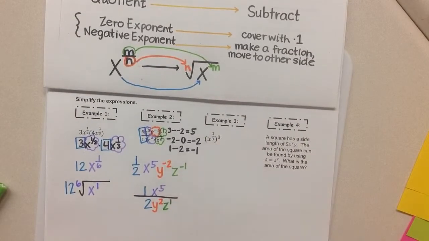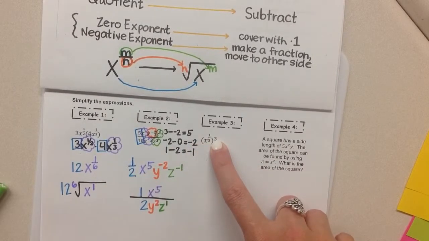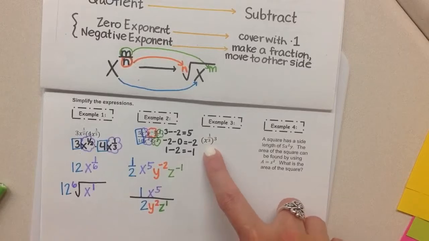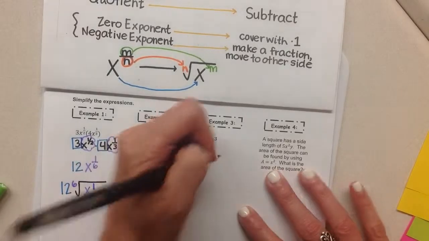All right, looking at example 3, we have x to the 1/3 being raised to the power of 3. So I'm going to start again at the beginning of my order of operations for laws of exponents. I've got to look for power rule. And I have a power rule right here. And remember, when you're using the power rule, you are multiplying your exponents. So we've got to multiply 1/3 times 3. So that's going to give me x